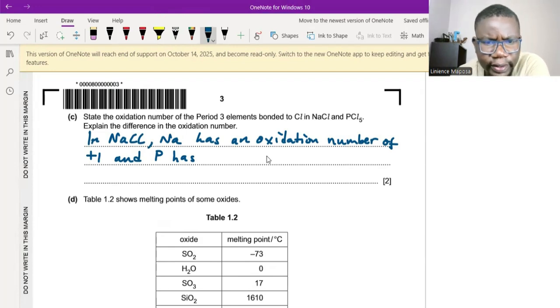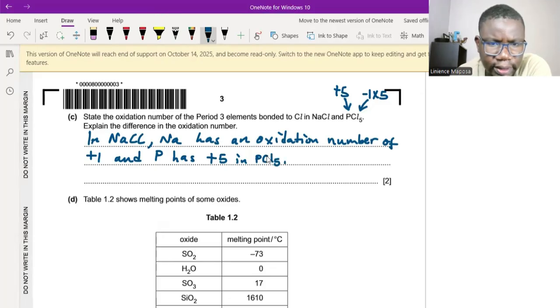The +5, because we have 5 chlorines which are -1. Each chlorine is -1, so I have -1 times 5, and this must be balanced by 5 positives here. So it's +5 in PCl5. Okay, they say explain the difference. The difference is that, am I right there? Okay, I'm right. So the difference is that sodium